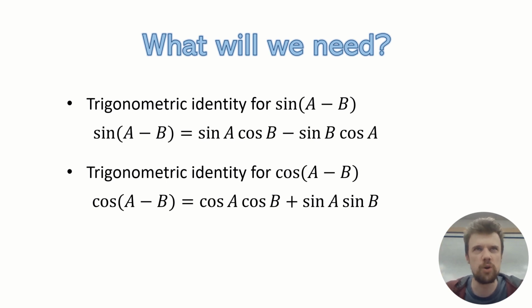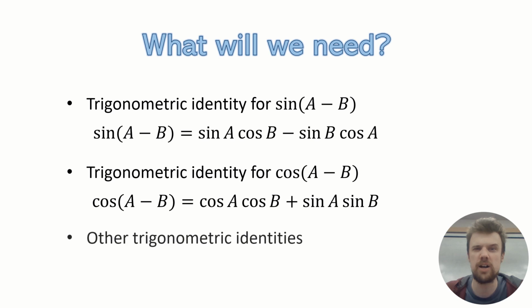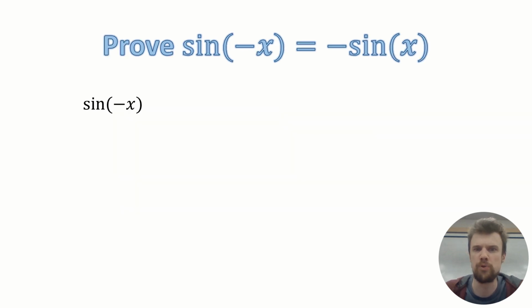And then also we are going to be using some other mystery identities later on in the proof. I'm not going to tell you what those ones are, just because that spoils the fun of when they appear, but they're some much earlier basic trig identities that I'm expecting everybody who watches this video probably already knows. Cool, so starting off with proving that sine of minus x equals minus sine of x,